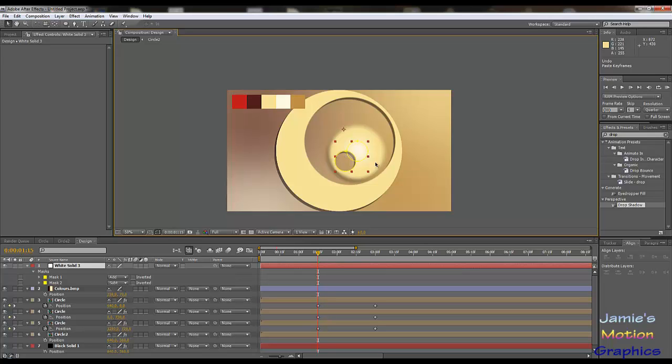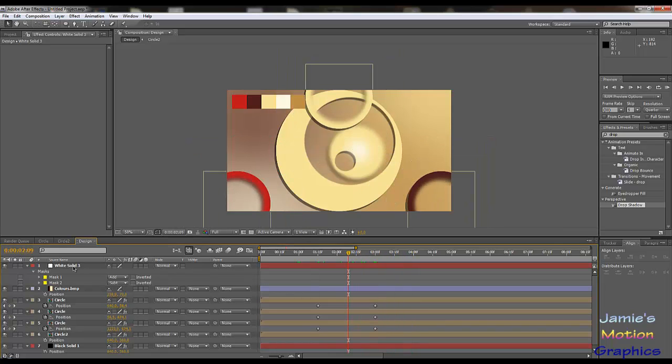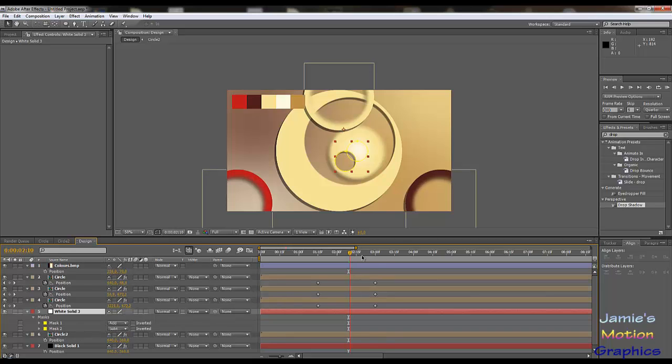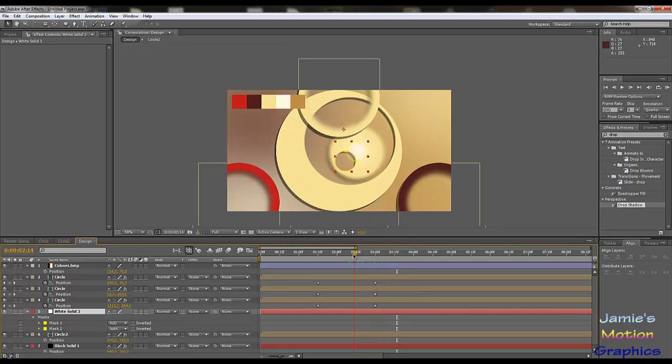So yeah, now that we're done bringing a little more life to this, we can of course add more stuff to this. We're not going to do that too much. I just wanted to show you that you could do this. You don't have to. So if you want to, then you can add a little bit of a line here, for example, or well, make something out of it. But I'm perfectly happy with most of it being 2D. We do have to move this white solid right on top of our circle too, so that the other circles draw over it, because it would look weird otherwise. Anyway,